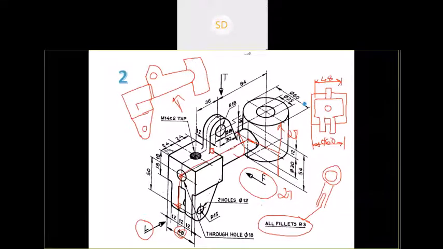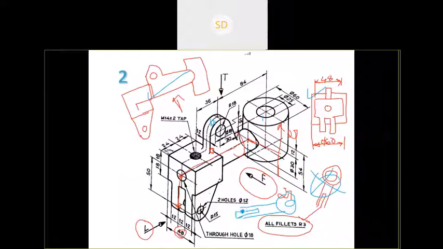Okay. Now this is the front view, this is the left side view. Let's go for the top view. So now you will get two circles here, of this and this. You will get a rectangle bar because of this cylinder or circular portion. You will get this rectangle because of this